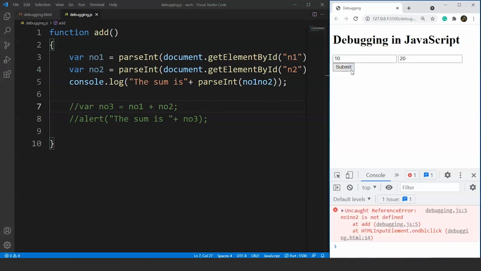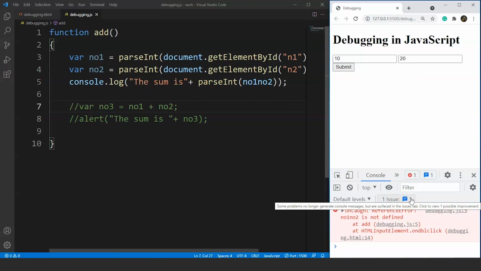Double click on the submit button and you can see we have an error message over here in the console. So the console helps us in finding those hidden errors in our program. You can see we have the information about the mistake we made in the console here. So we have the exact location of the error. The error is present on line 5 of this file. So here's the error. It will let us know everything about the error.